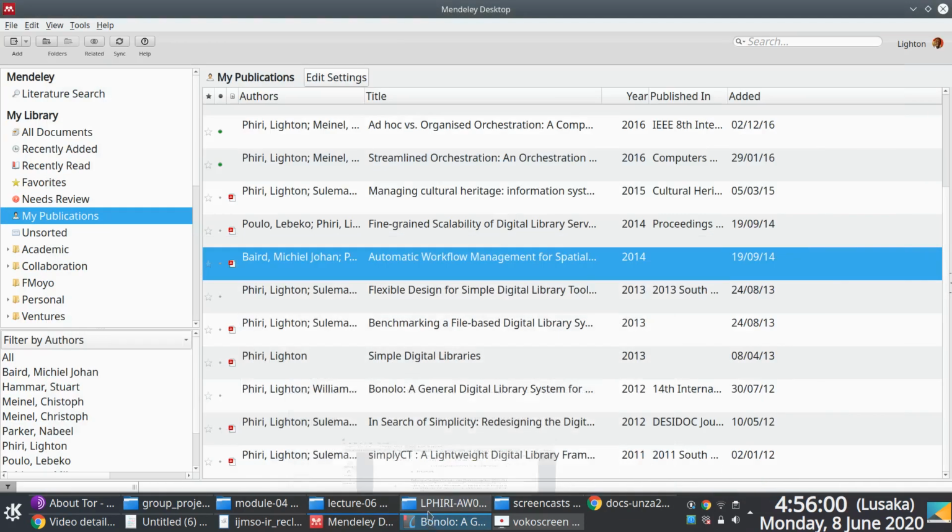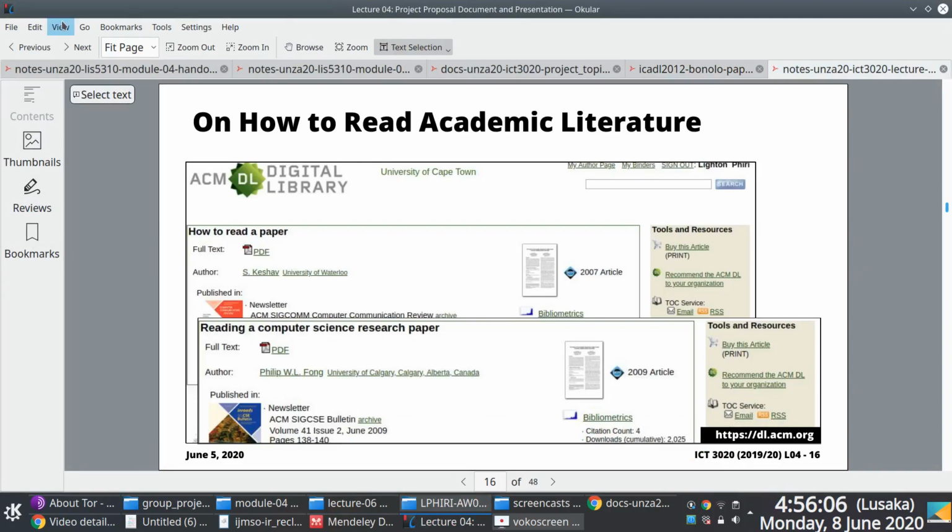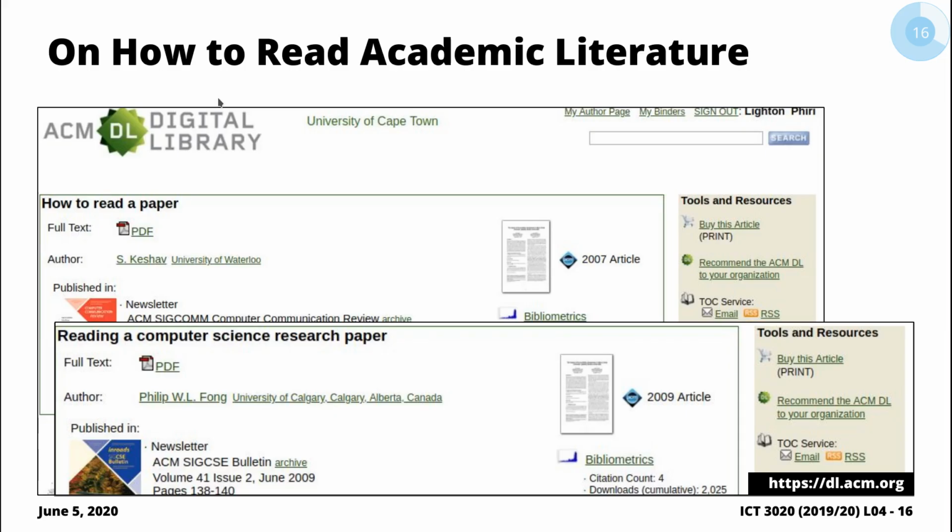Okay, so you want to read up on how to read a paper. This is a bit of a chicken egg problem, right? Read up on how to read a paper. So you're reading up a paper on how to read a paper, which is, I wonder if you can figure out how to read a paper by reading how to read a paper, right? Anyway,